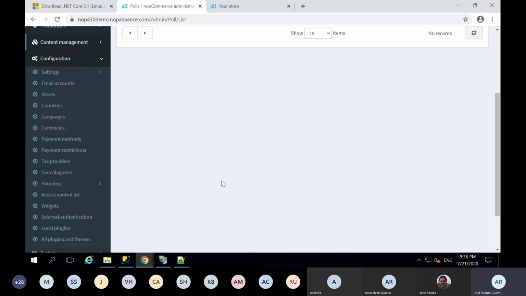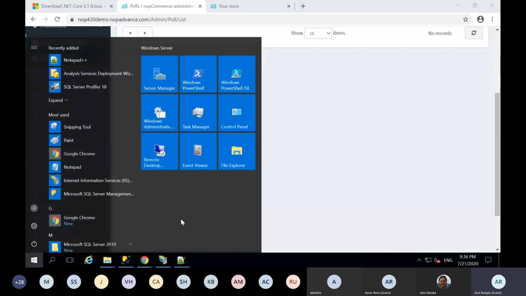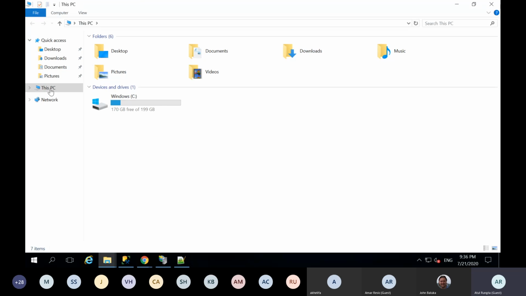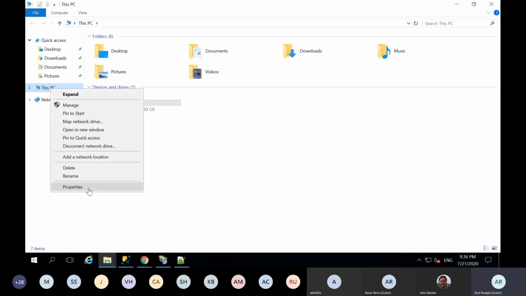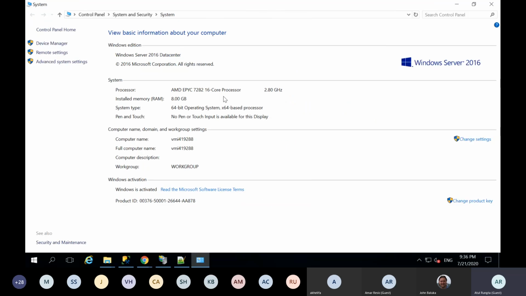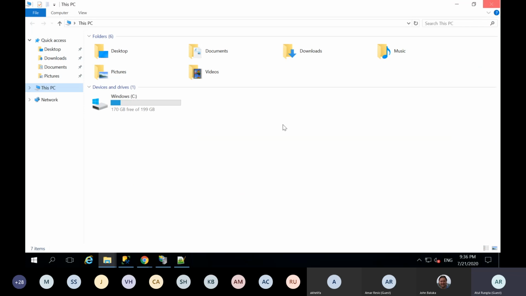If it's a new Windows server, for example, this Windows server is a totally new machine, right? And it took me around 1.5 hours to set up this Windows server perfectly to host the nopCommerce website, because I had to configure